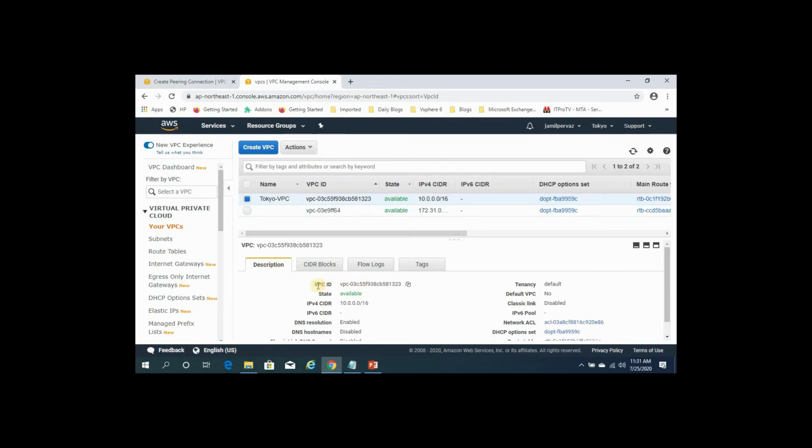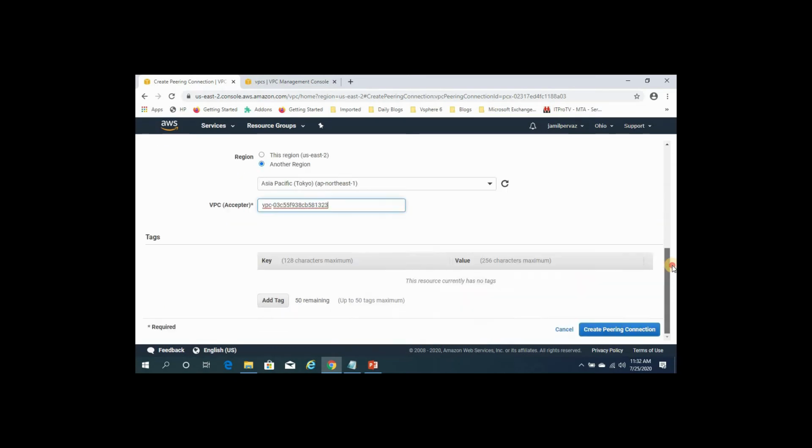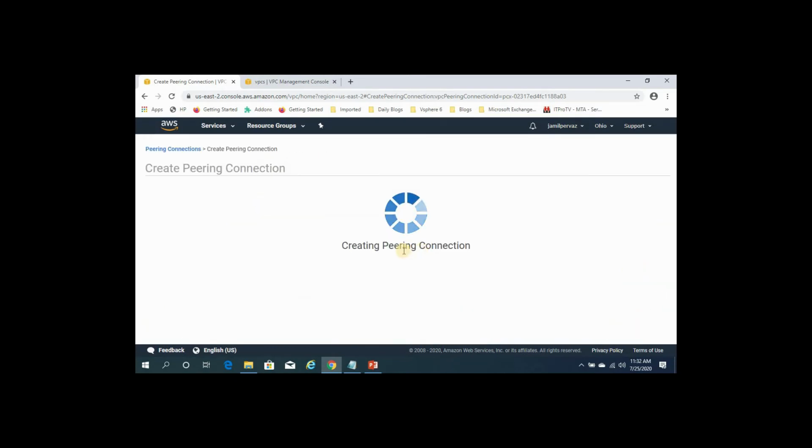Under description, this is the VPC ID. We need to copy this one. Go back to your Ohio region, VPC acceptor, type this VPC ID, meaning the Tokyo VPC ID, and then click create peering connection.